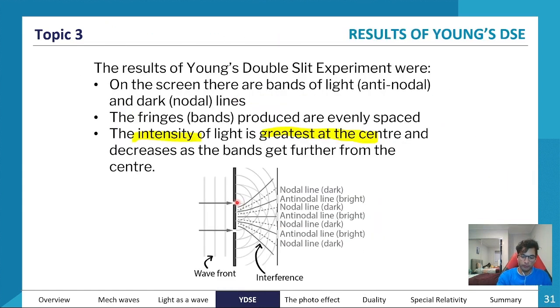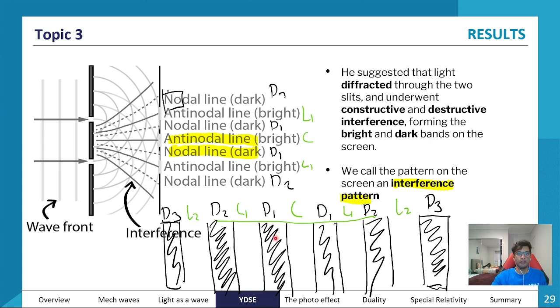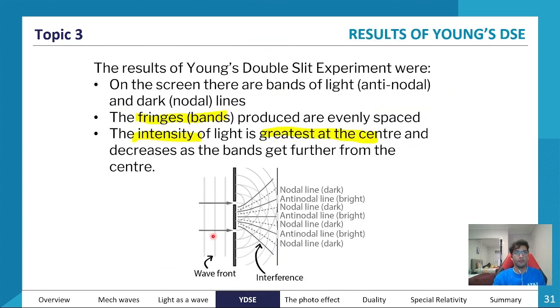The second thing he found was that the fringes, and fringe is another word for bands, so this is one fringe, this is another fringe, this is another fringe, were equally spread out. And what he found,